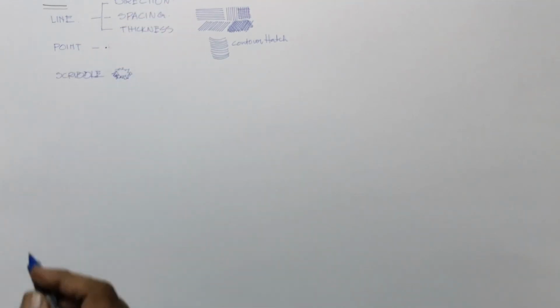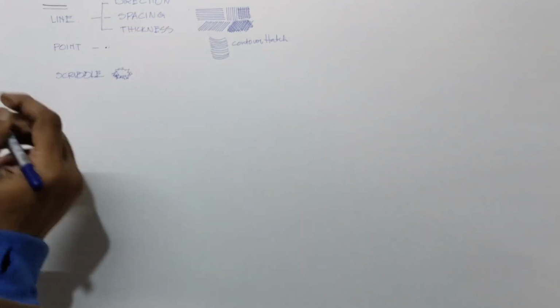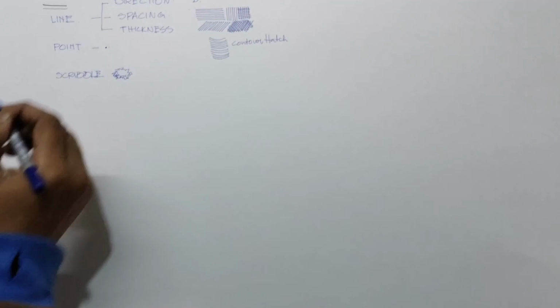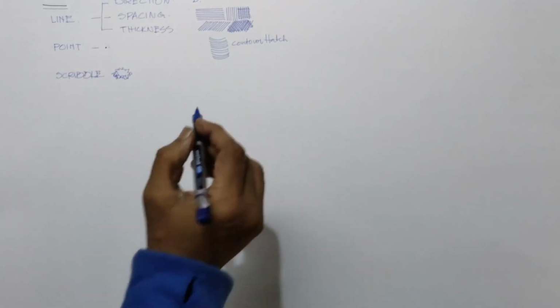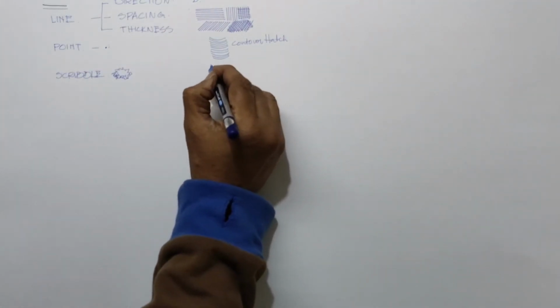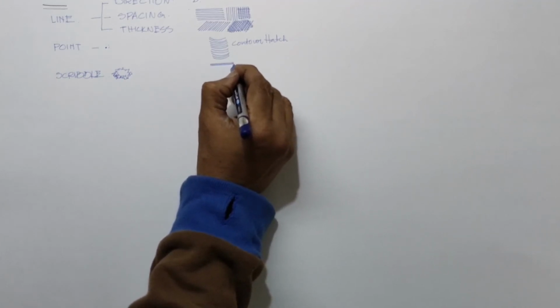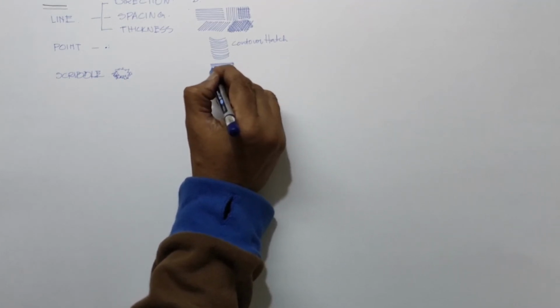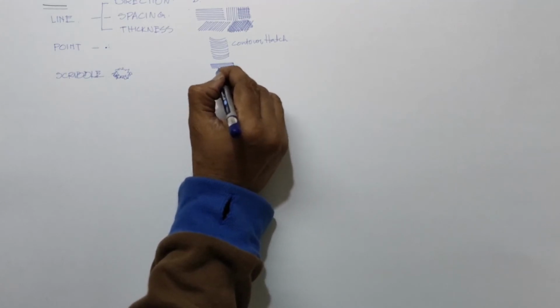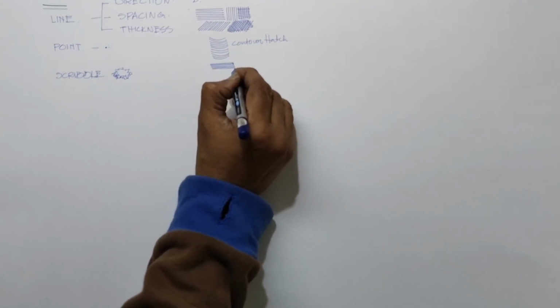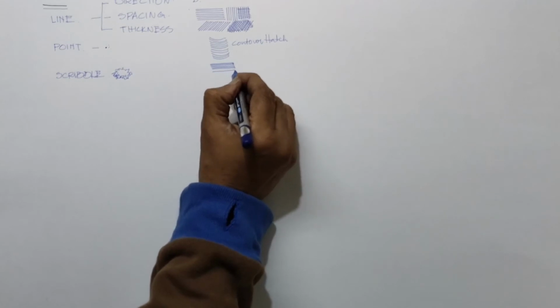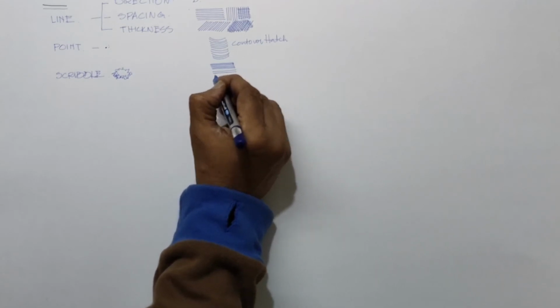So this is one thing, direction. This is the first one, direction. Second is spacing. See the difference. It's a very close spacing I am using. Okay, this is a very close spacing. Now second, I am changing the space in between, if you notice, but they are still parallel.